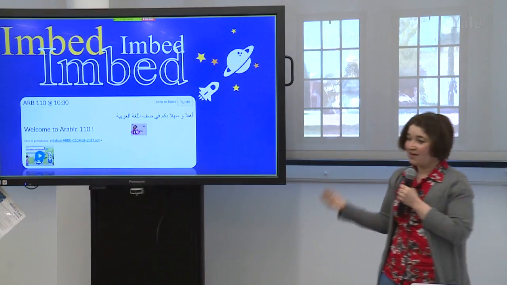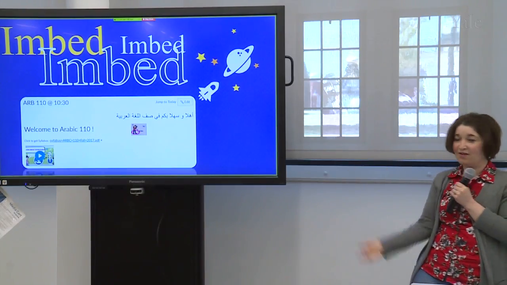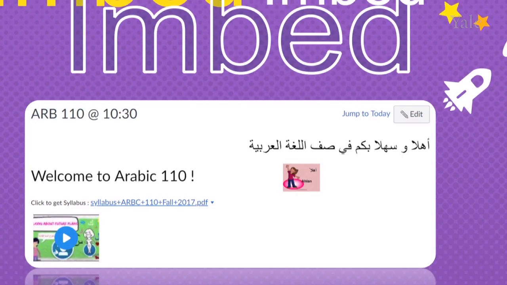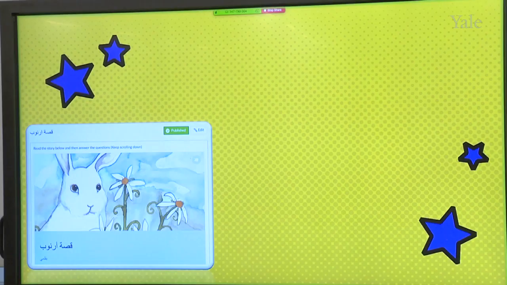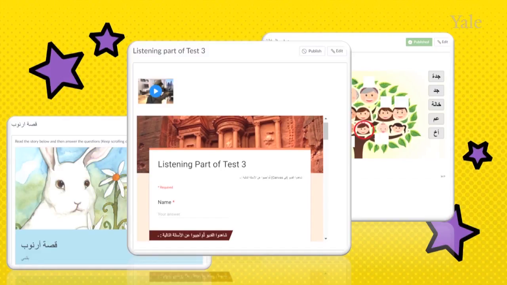The other advice that I have for everyone: I have been teaching for a while, and I have developed a number of teaching resources, and I found out using Canvas that there's always a way to embed materials that you have had from the past. You don't need to do it again. All you have to do is ask someone or get the advice of someone, and there's always a way to embed your previous materials. I have successfully been able to embed videos, other teaching materials that I've used in the past from other